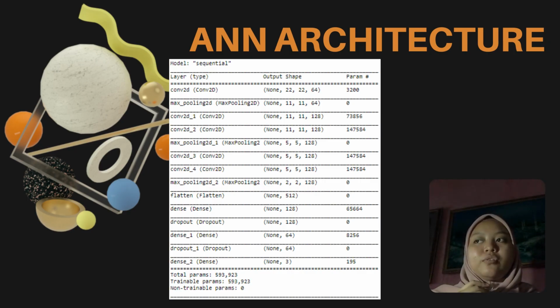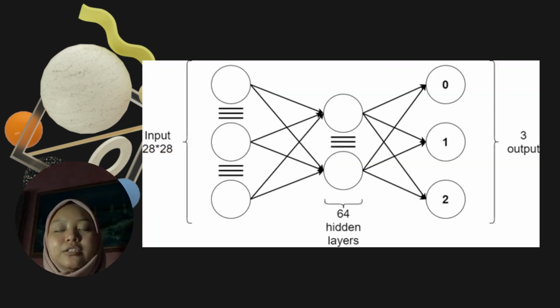So this is the code for our model summary. We use Dense and Flatten to flatten the images from 3D to 2D, and this is how we do the model summary for our neural network architecture. Okay, so this is our neural network architecture. From the input, we have 128 nodes, which come from 28 times 28 2D images. And then from input to hidden layers, we only have 64 hidden nodes, which produce